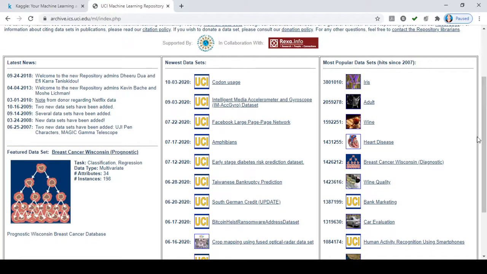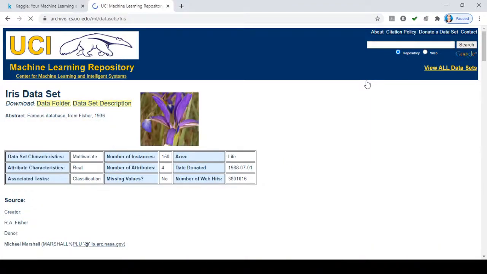Now if you want to download the iris dataset, just click on it. Here you can see this page in tabular format. The dataset characteristics is multivariate, attribute characteristics is real, and associated task is classification.